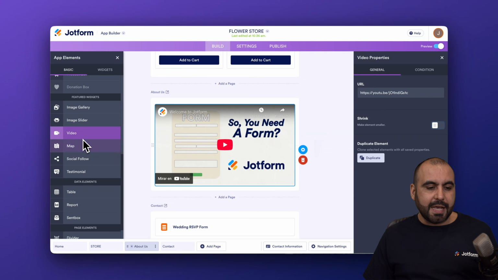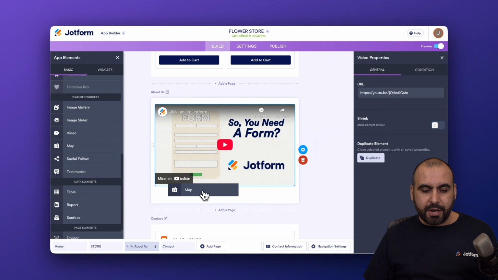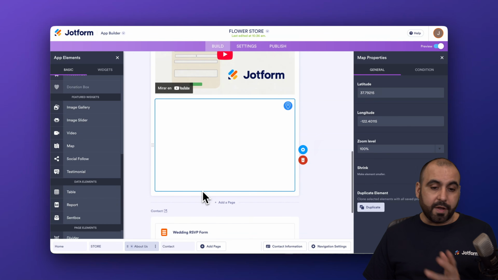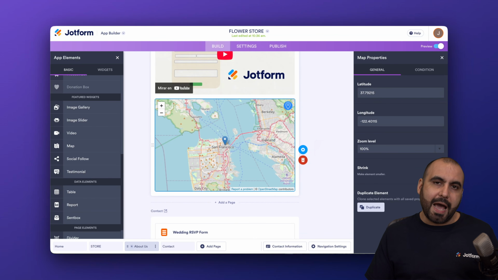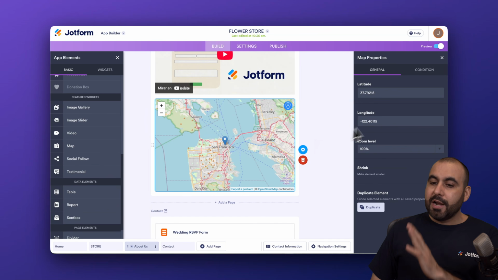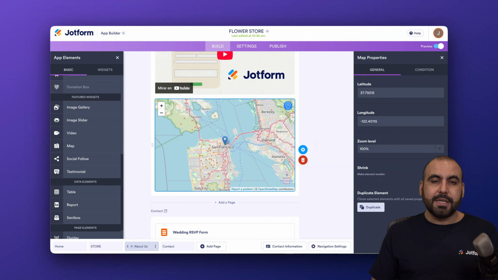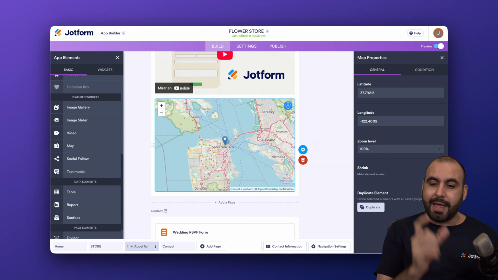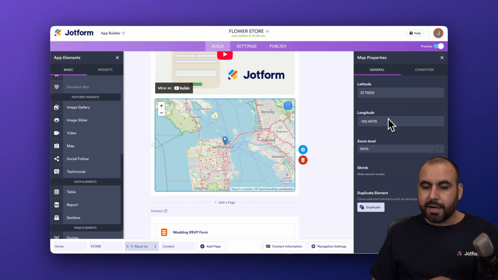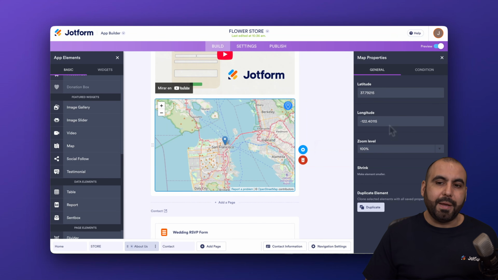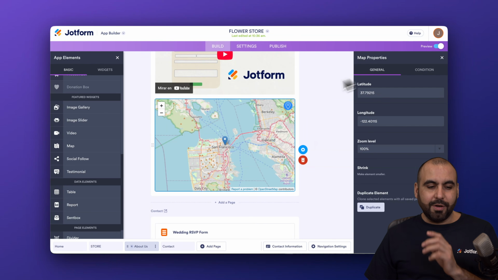Then we have the option to add a map. So in the about us, you can add a map here, or in the contact, or a page where you want to add your location. For example, in this case, I'll add it here in the about us. Now on the right, we have the properties for latitude, longitude, and the zoom level. Now you can grab these details. For example, if you search your business in Google Maps, you'll find in a link your latitude and longitude, which you can replace right here, and it'll put the pin mark right where it goes. So it's really easy and